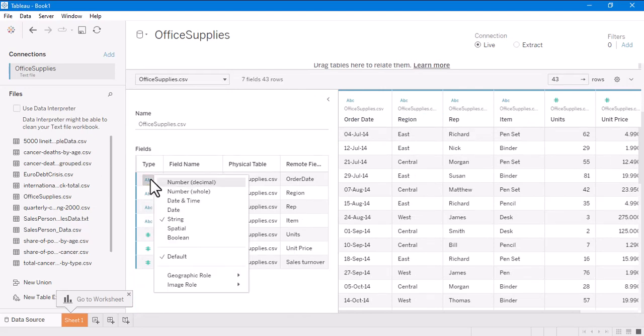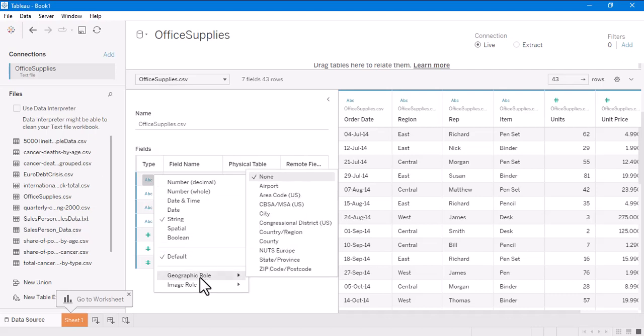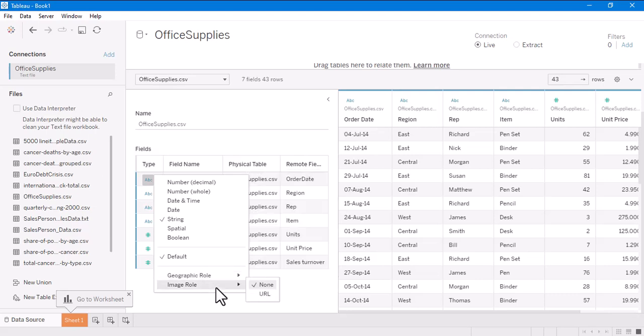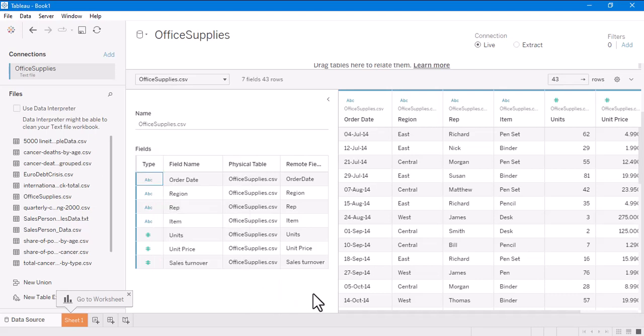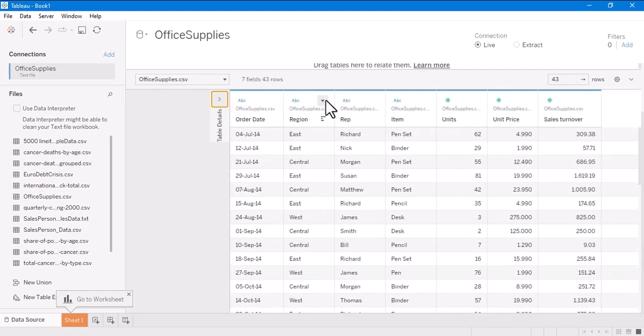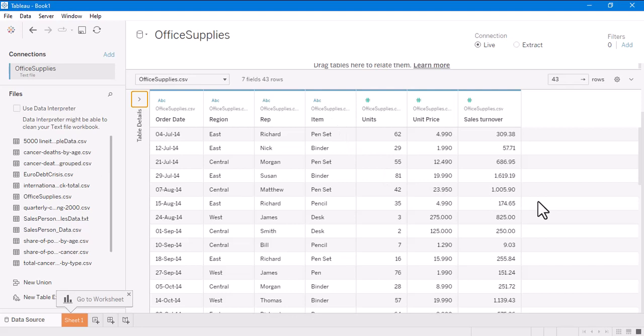So when I go back to the data type here, you can see the following data types that I have here: number decimals, number whole, date and time, date, string, spatial files, and Boolean. And then we can even set a geographical role if I'm bringing in a geographical data set in here. In our program, we will see a separate video or maybe a small lesson that contains a geographical role to be played better. And then we can even set an image role based either on a URL or a non data set here. So this is the data set that I have here, and I have 42 data set